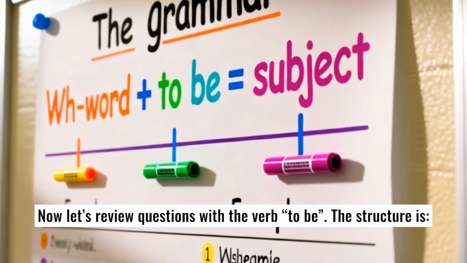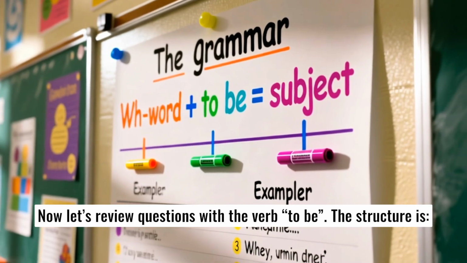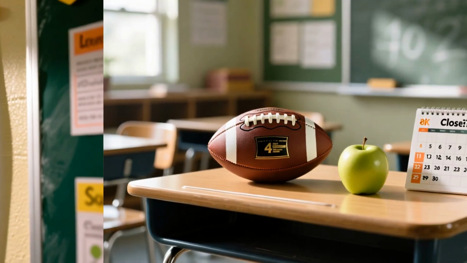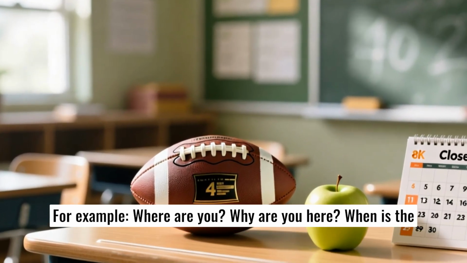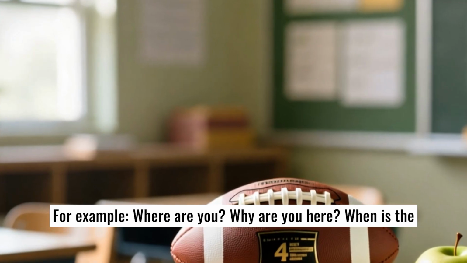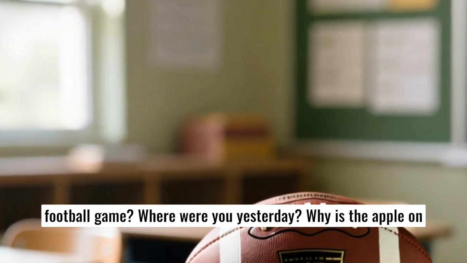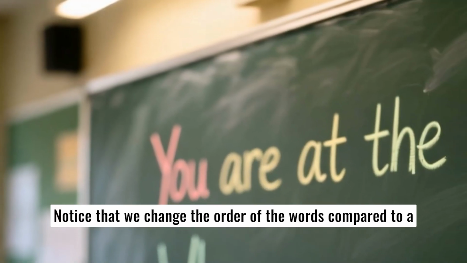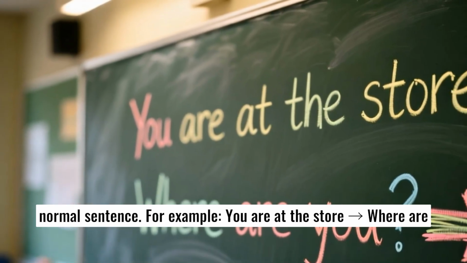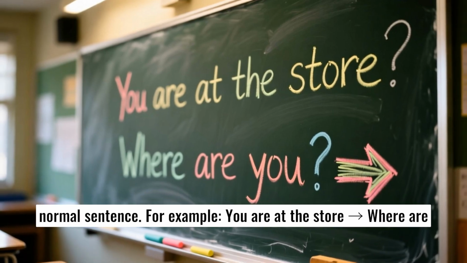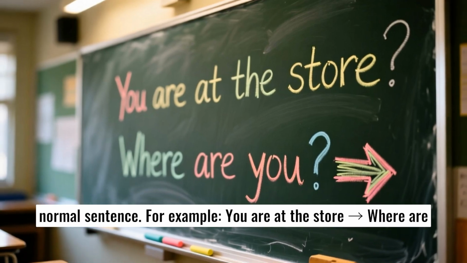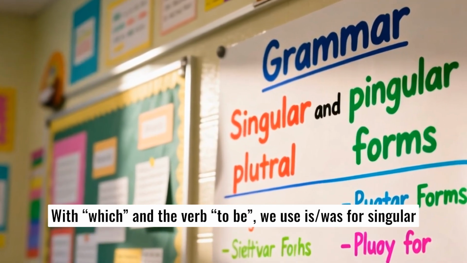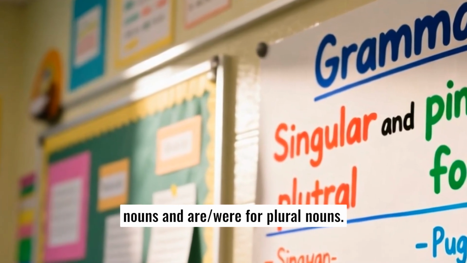Now let's review questions with the verb to be. The structure is wh- word plus to be plus subject. For example, where are you? Why are you here? When is the football game? Where were you yesterday? Why is the apple on the table? Notice that we change the order of the words compared to a normal sentence. For example, you are at the store. Where are you? With which and the verb to be, we use is, was for singular nouns and are, were